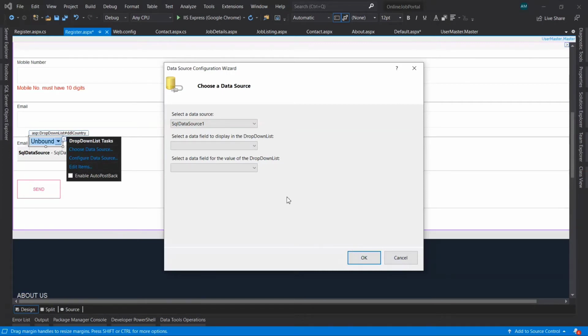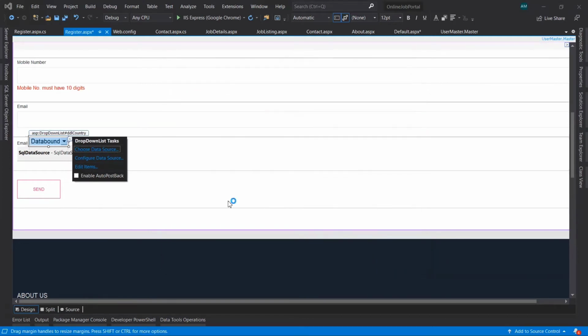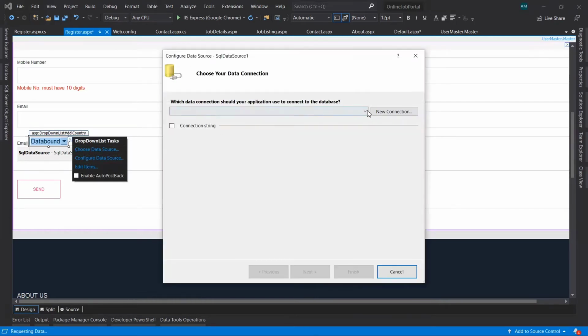Right now we don't have any columns, so click on OK, and now go to configure data source. The CS connection string that we have used in our web.config file, we are going to use that.